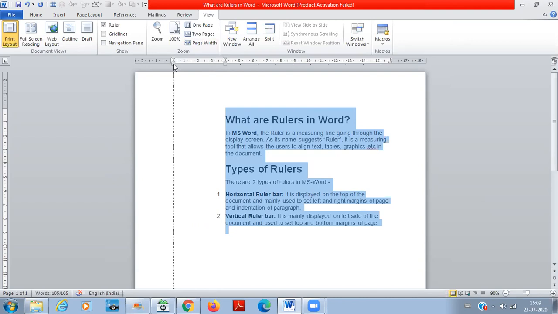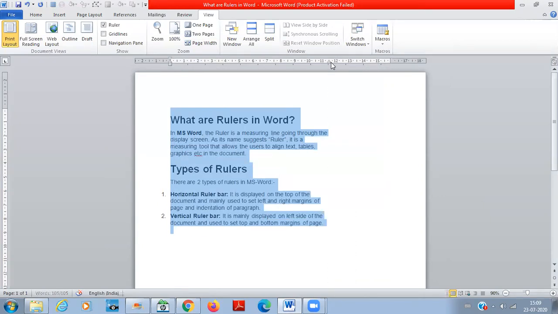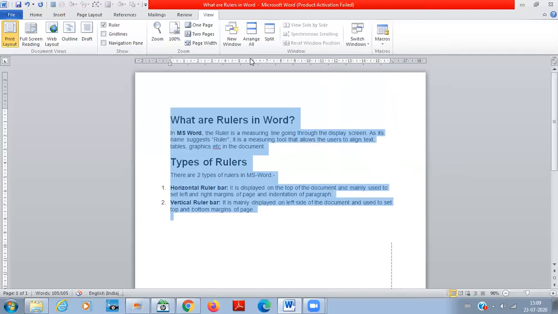So I get it back. Suppose now you want to increase the right margin of your page, then just drag this arrow. So the right margin of your page gets increased. So the horizontal ruler is used to set the left and right margins on your page.